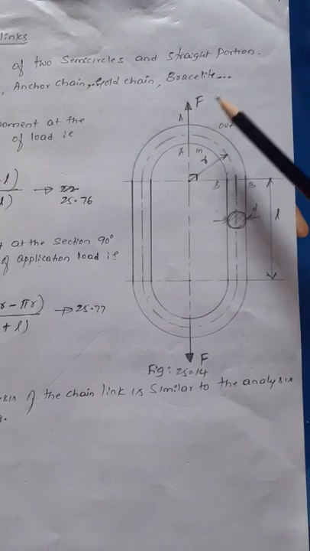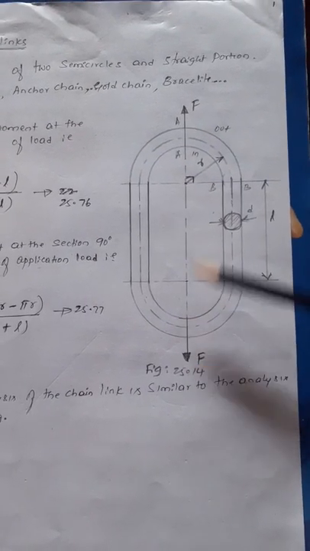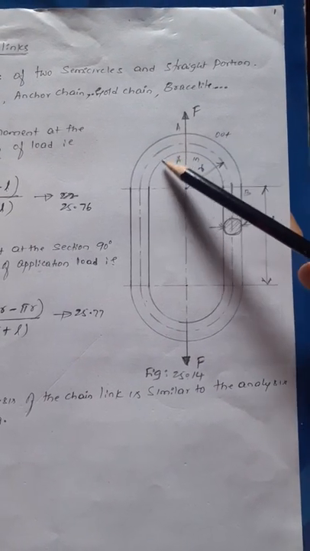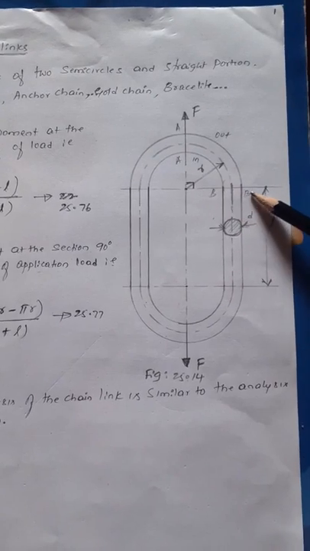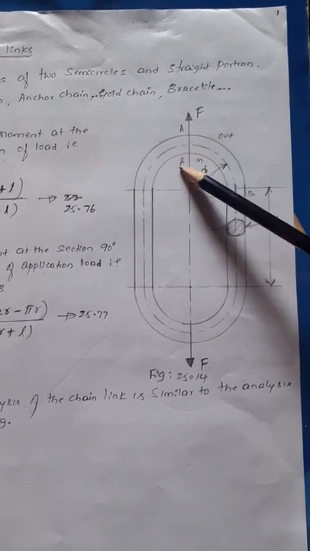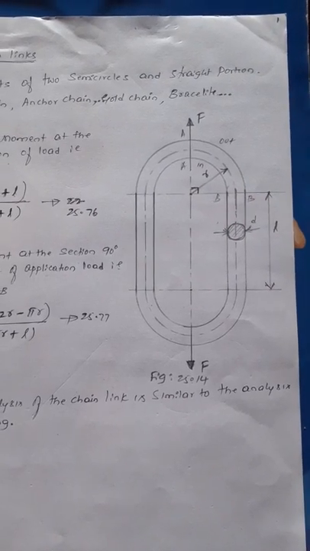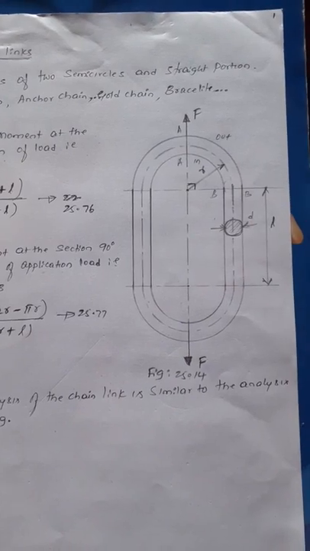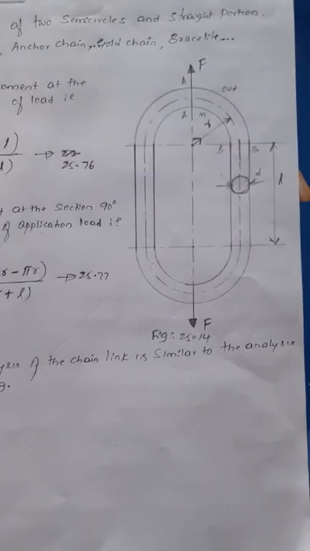When it is subject to an external force at the end here, there are two critical cross sections. One is at AA, another one is at BB. Then you have to determine what stresses occur at cross sections AA and BB. And the length L is the distance between the two semicircle centers.